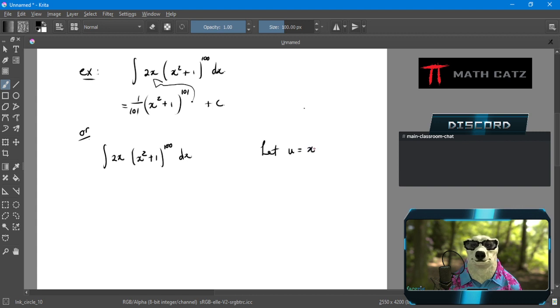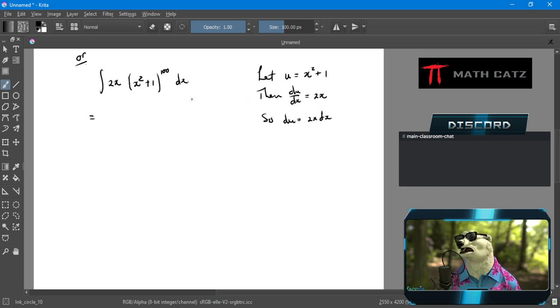I'm going to let u represent the inside function, which is usually fairly straightforward to recognize. Then it's a three-step process on the side. I take the derivative of this u function, which is 2x, and so I separate the differentials, which doesn't break any rules, and this now tells me how to rewrite this integral